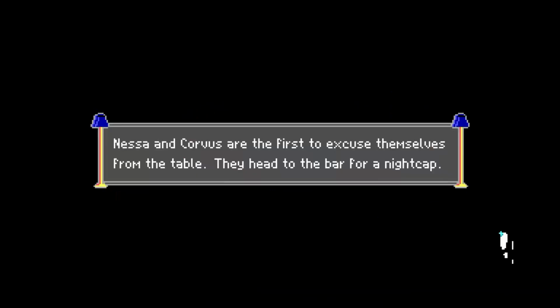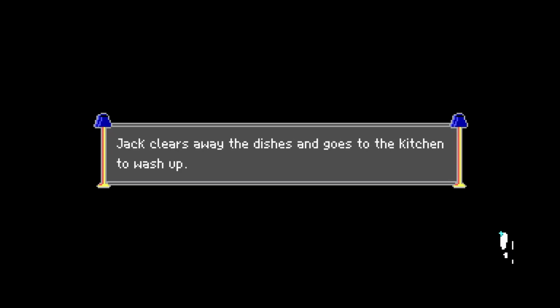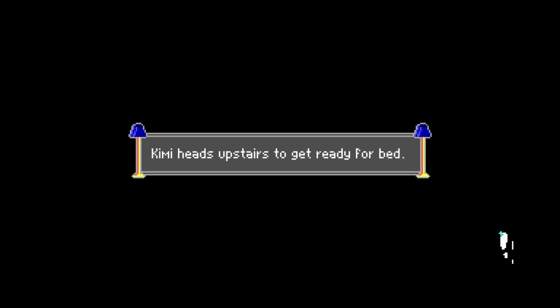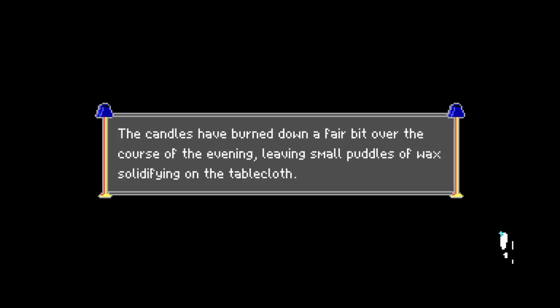Nessa and Corvus are the first to excuse themselves from the table. They head to the bar for a nightcap. Albert follows them for a snifter of brandy and one of his cigars. Jack clears away the dishes and goes to the kitchen to wash up. After eating a minuscule portion of supper, Margot heads upstairs to draw a bath. You better lock that door, Margot. Kimmy heads upstairs to get ready for bed. Didn't even see her. Nathan and Evan remain at the table lingering over their desserts. The candles have burned down a fair bit over the course of the evening, leaving small puddles of wax solidifying